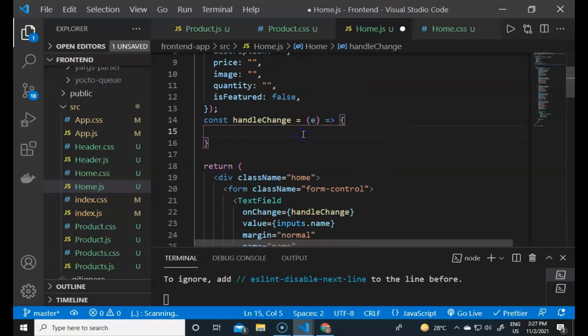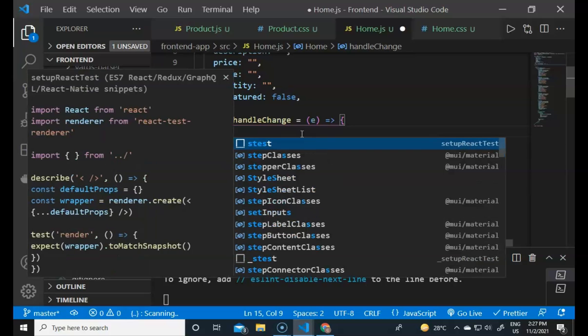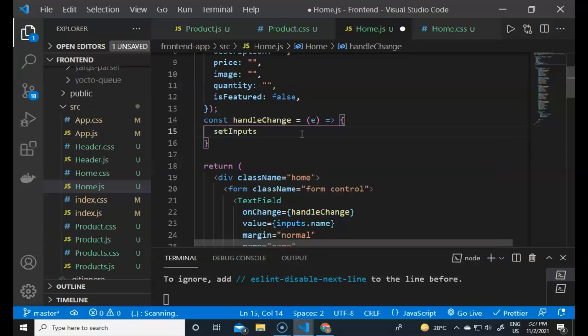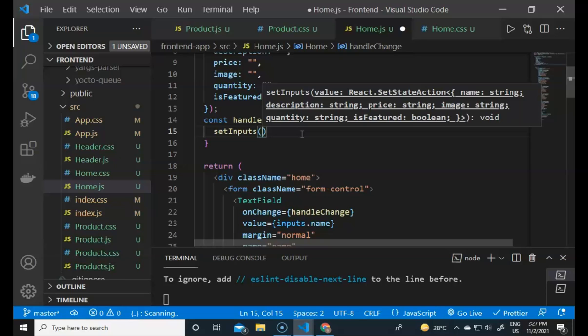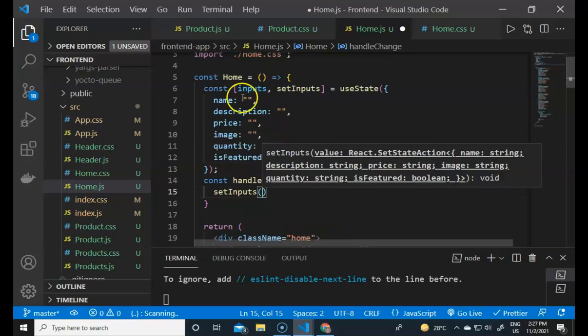Now we have to define the function, and in the function we have to give the values to the set input. So now the set input will update the values in the input state object. So in set inputs, we have to grab the previous state. So first we define the set inputs, and it will contain the function, but we have to get the previous state also. Whenever the name field changes, like if it changes the name to NIKH, the NIKH will be stored in that, and then we have to update the new values along with the previous values also.